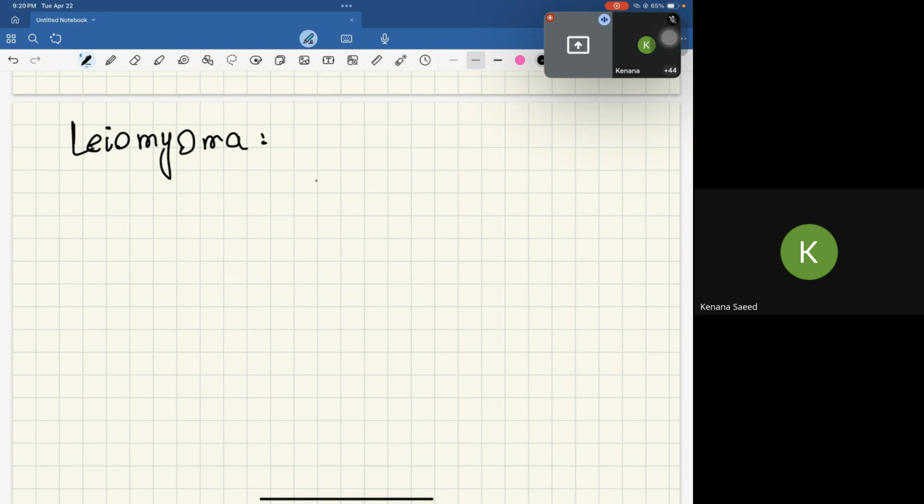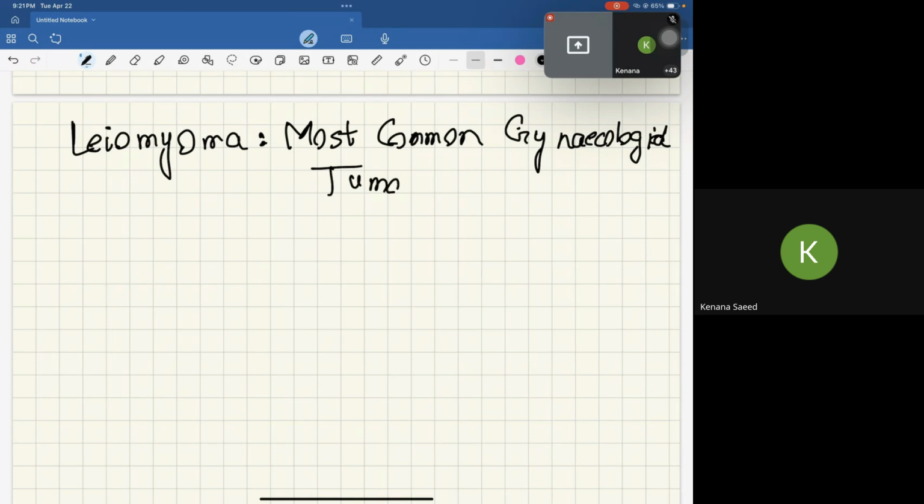This is the most common gynecological tumor, not cancer. Most common gynecological cancer in developed countries is endometrial carcinoma, whereas the most common gynecological cancer in underdeveloped countries is